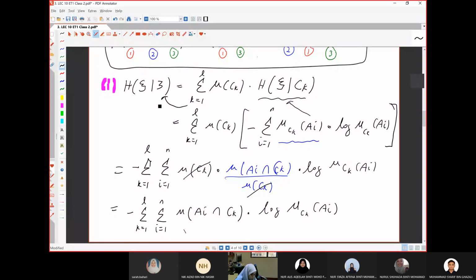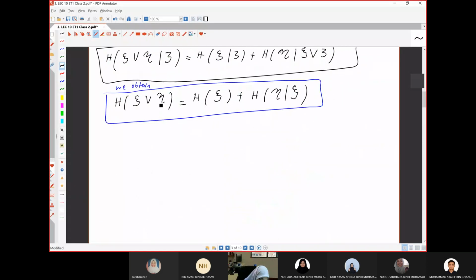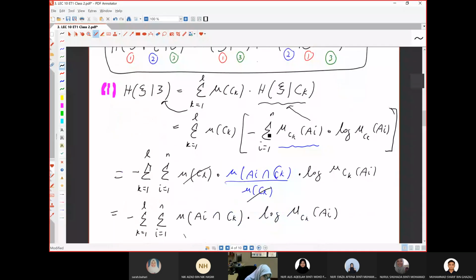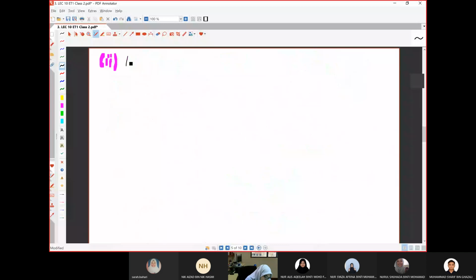Okay, now we go to part 2. What is part 2? Entropy of psi given that psi join with the third partition. Okay, let's look at this. So this is from part 2. So I have entropy of the second one given that psi join with the third one. This is equal to,